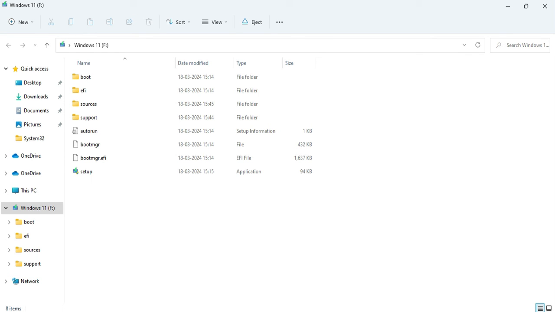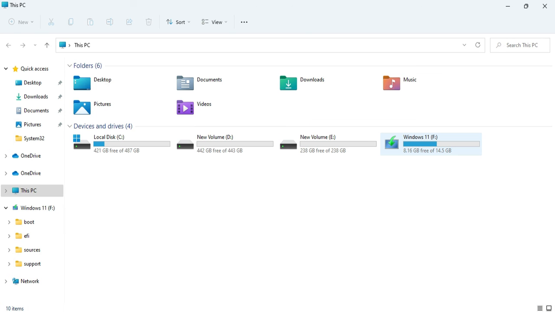Now you can see it has started, and if you remove and insert your pen drive, then you can see a different icon in your file manager. Okay, so now here I'm just removing and inserting. You can see it's a bootable PD, and you can see guys the volume label is Windows 11 which we gave, right? So guys, this way you can create your Windows 11 bootable PD.